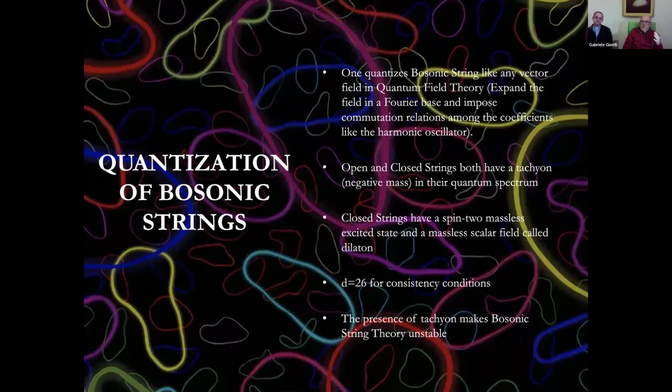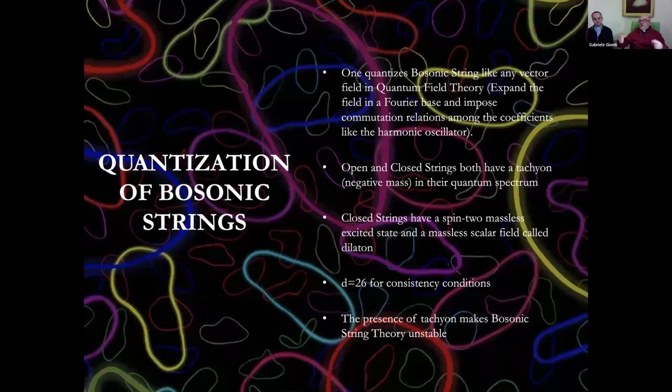And in this way, you quantize gravity, quantizing all the fundamental interactions, because all the fundamental interactions we know come out as the first excited level of string theory. So you have closed strings that correspond to spin-2 massless states, the gravitons, and the other particles that we know come from